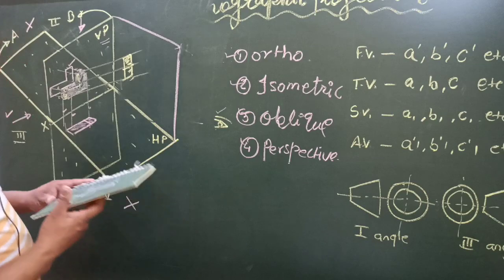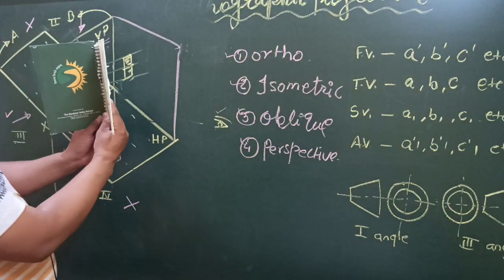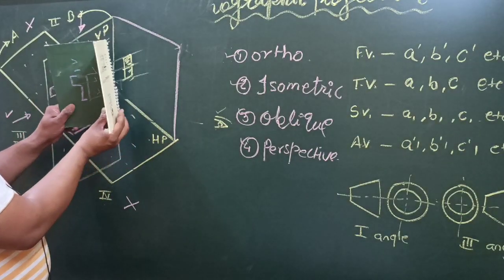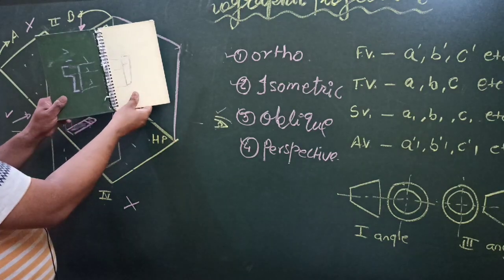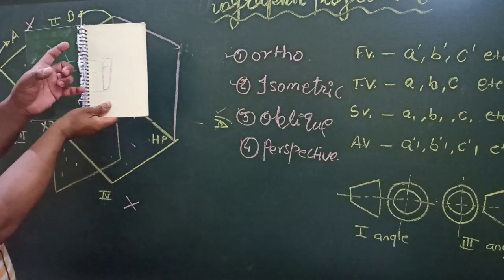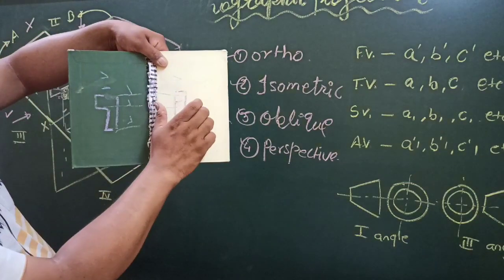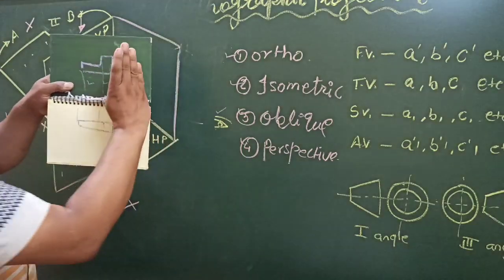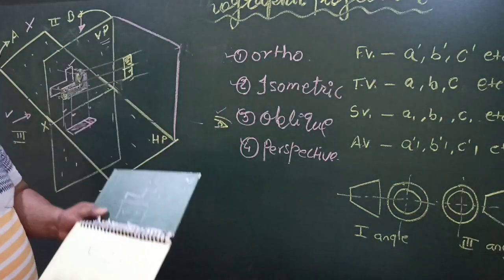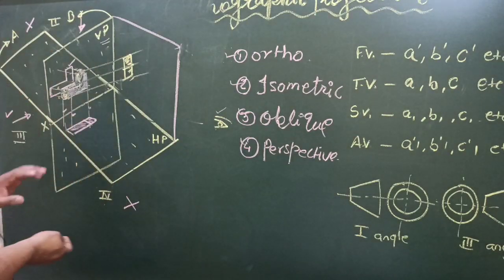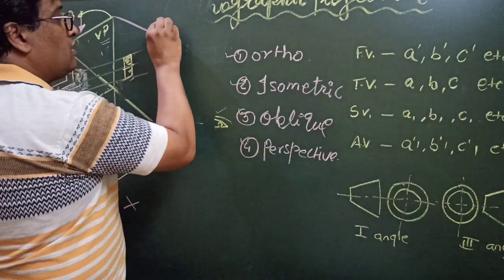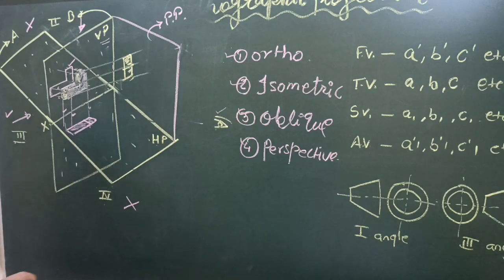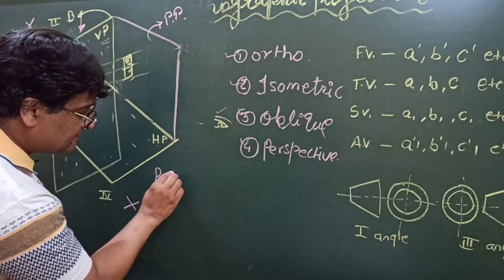And in the similar manner as we have done, this is something like that. These two are at an angle of 90 degrees, right, like this. So after drawing, we rotate it by 90 degrees so that the side view is in line with the front view. For the top view we rotate like this, for the side view we rotate like this. So in this manner we can draw the three views. As far as theory is concerned, this side view is generally called the profile plane, and these planes, the vertical plane and horizontal plane, are also called principal planes.